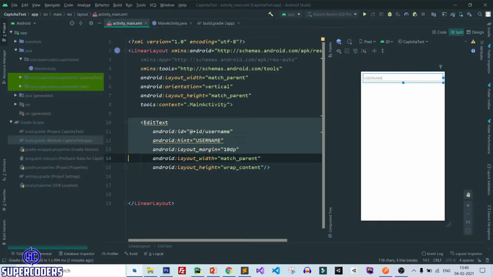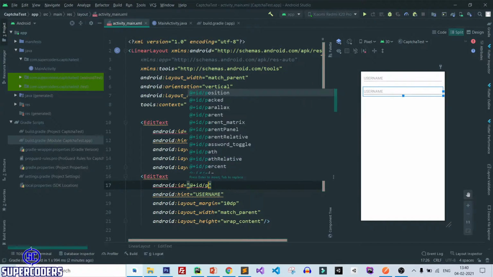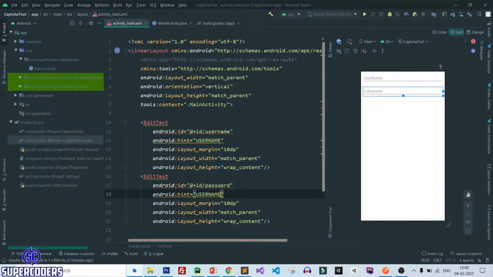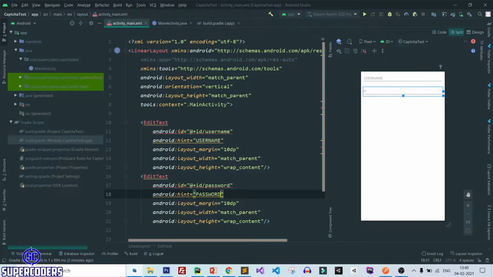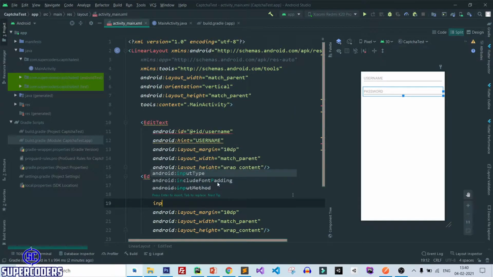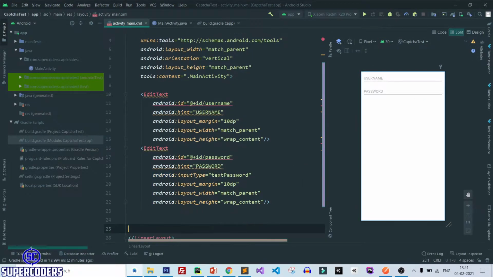Now again copy it and paste it. This time password, input type password. Now let's add a button.